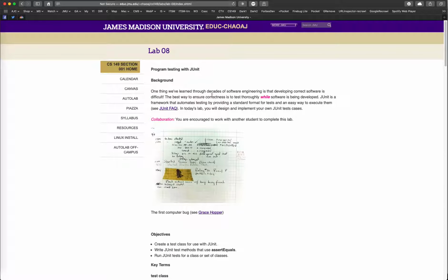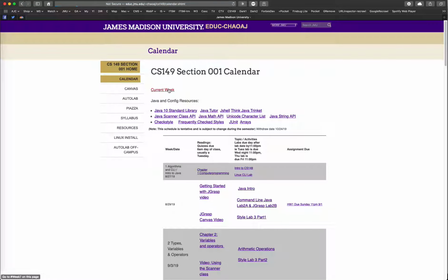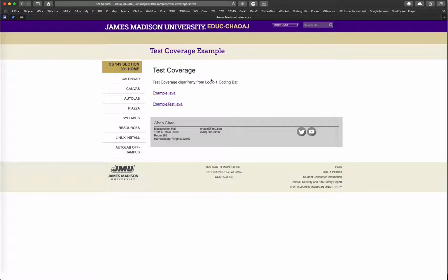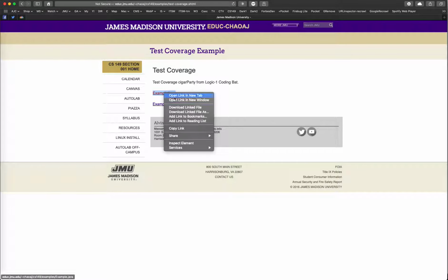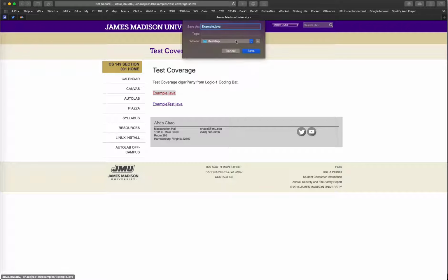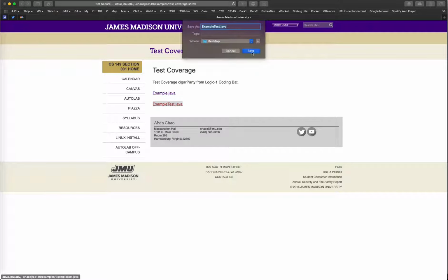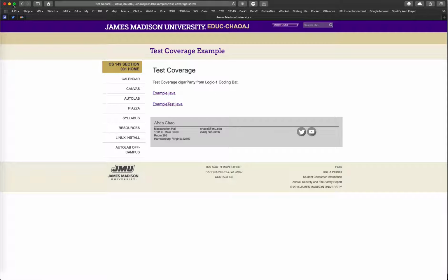Next piece, we'll go to this test coverage example off the website. I'm going to download both of these example files. I've already downloaded that one. And then save these to the desktop. And I'm going to get into